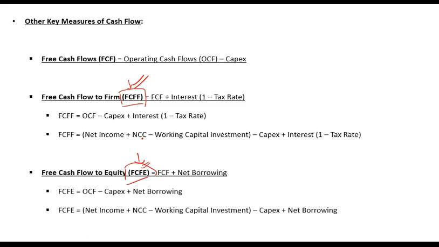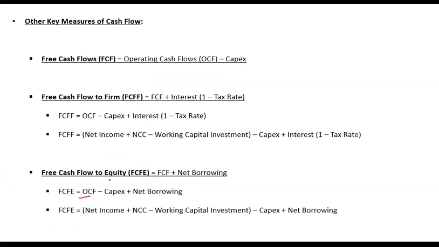So if you feel the capital structure is stable, you can use FCFE. But if the capital structure is changing or is expected to change, then you go for FCFF, because then you look at the overall firm level, not the differences between these two. But if you feel that this is fixed, equity is fixed here, debt is fixed here, then you go for FCFE.